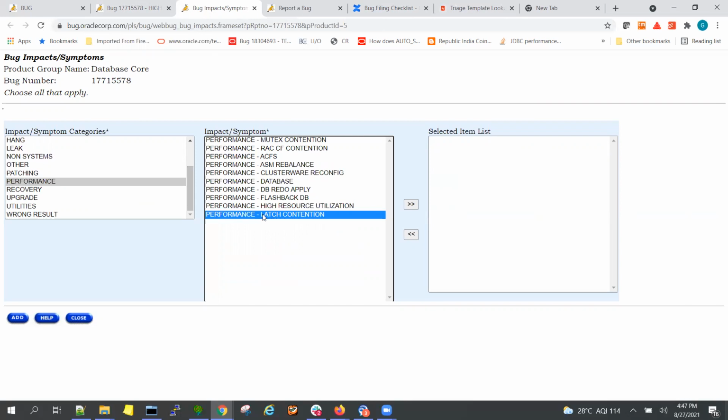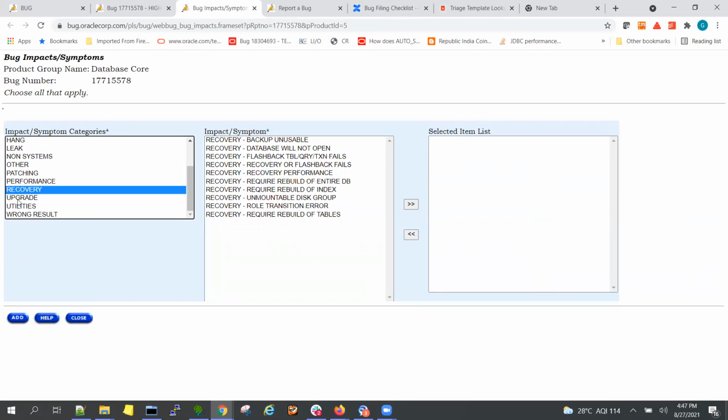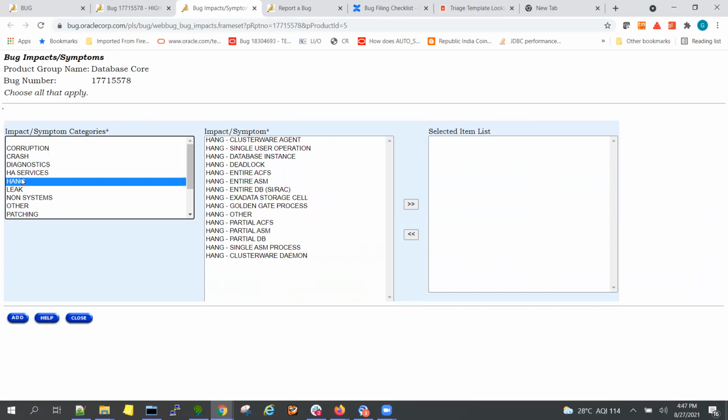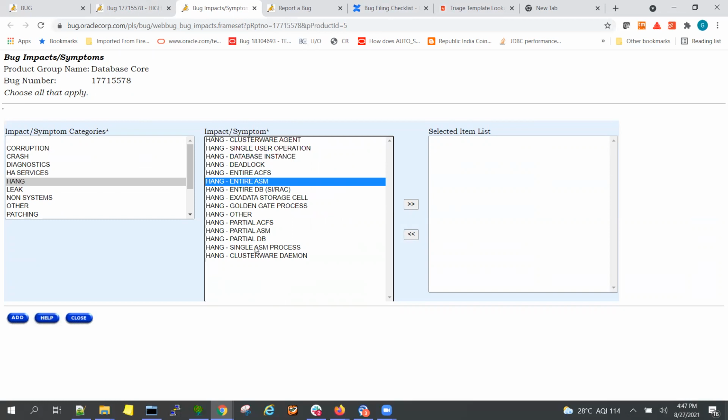Latch contention, we do latch contention. I don't know why query performance is not there. This is for hangs, for Golden Gate process and all. You can see something related to deadlock, DB instance hang, clusterware agent, or entire ASM hang.